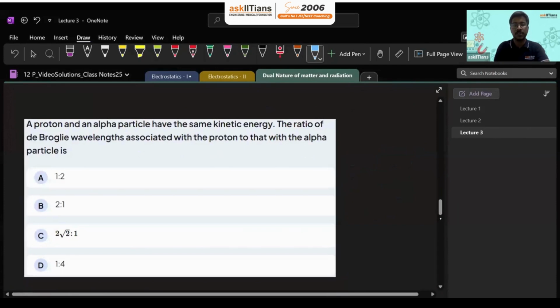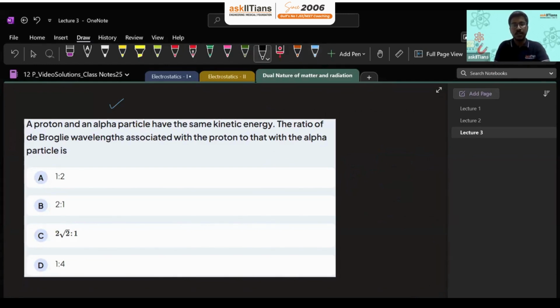Again, we have a different question. This is also a PYQ from board. A proton and an alpha particle have the same kinetic energy. Find the ratio of de Broglie wavelength associated with the proton to that of the alpha particle. So what is the equation for de Broglie wavelength? We know lambda is equal to h by p, which can be written as h by mass into velocity. Or if you want to write in terms of kinetic energy, because the question is in terms of kinetic energy, we can write lambda as